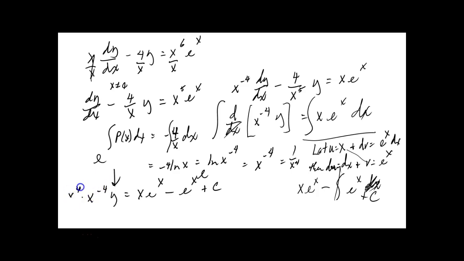x to the 4th, right? This will be times x to the 4th. We'll make it x to the 5th. This will have an x to the 4th here, and this will have an x to the 4th here. Okay? So we have y is equal to x to the 5th e to the x minus,